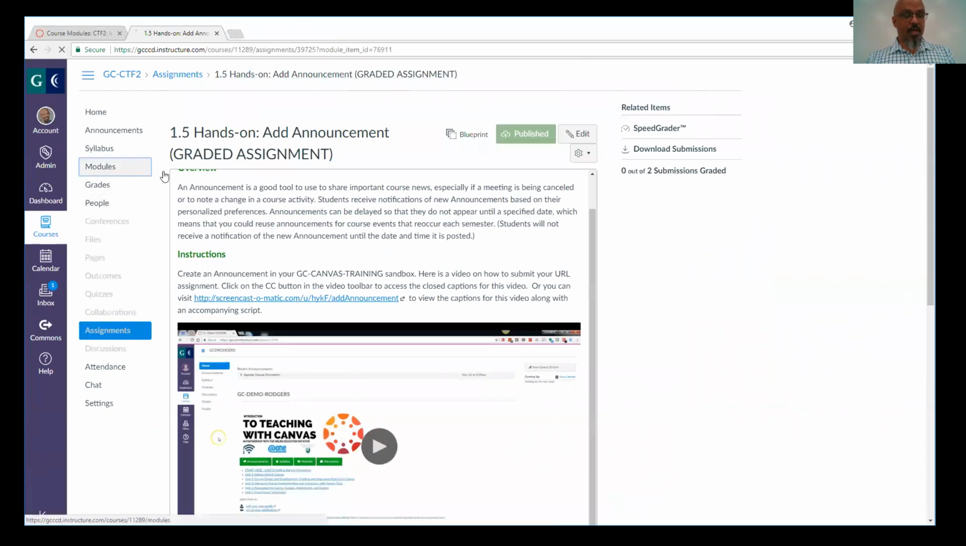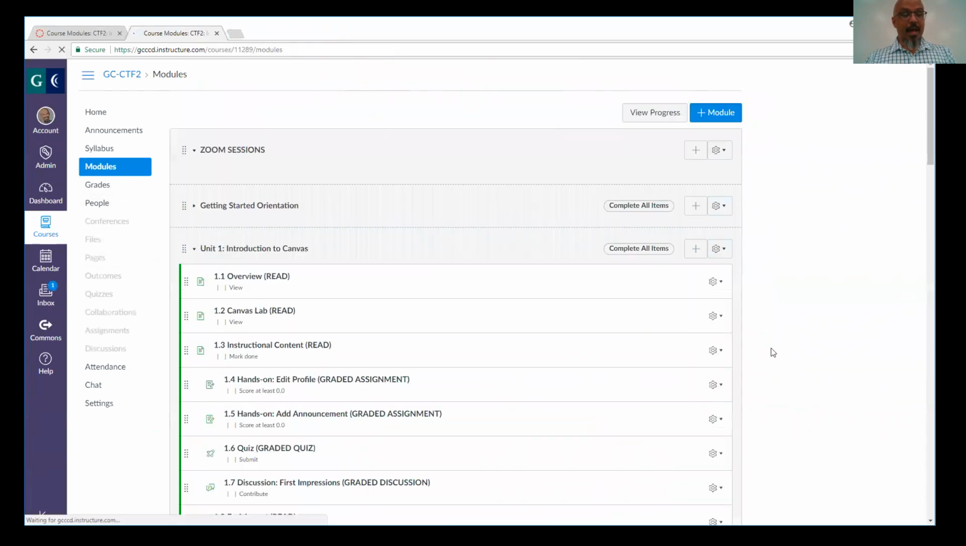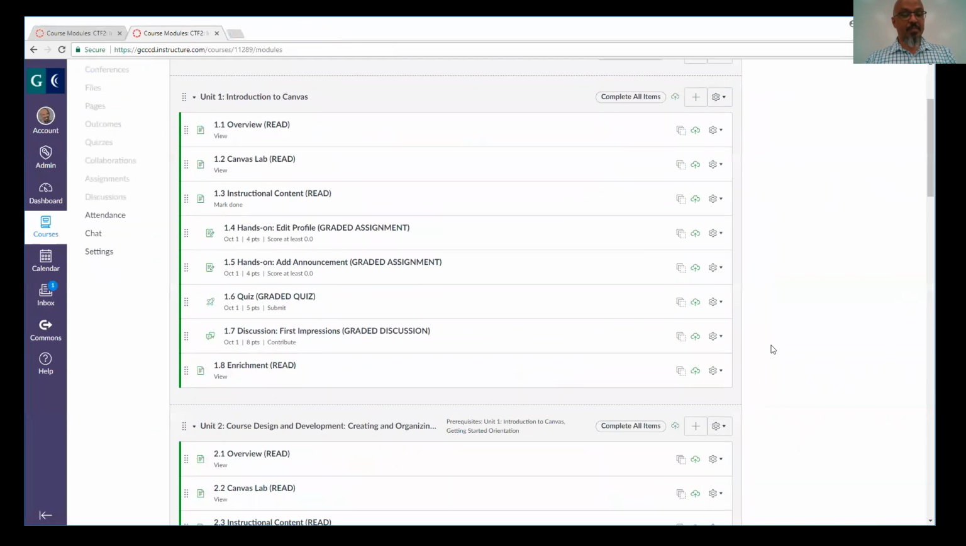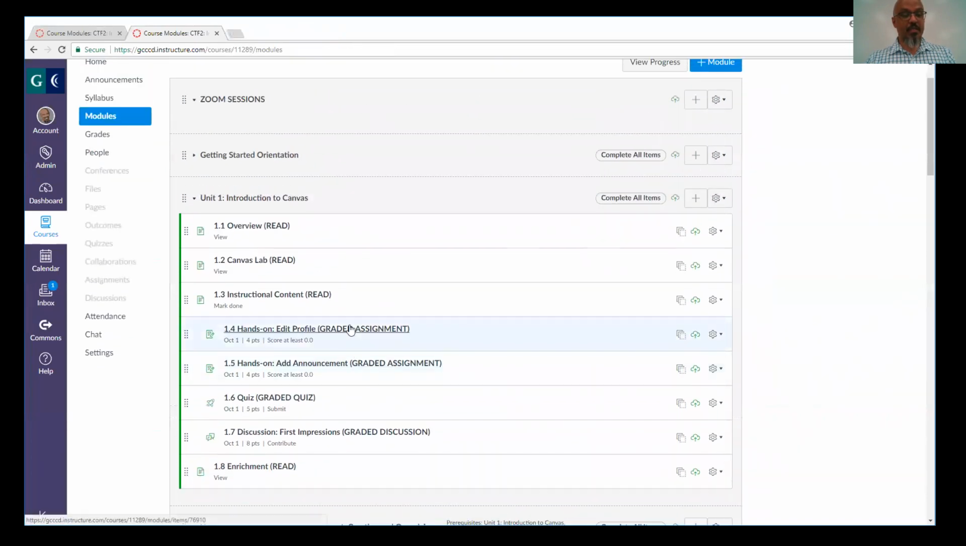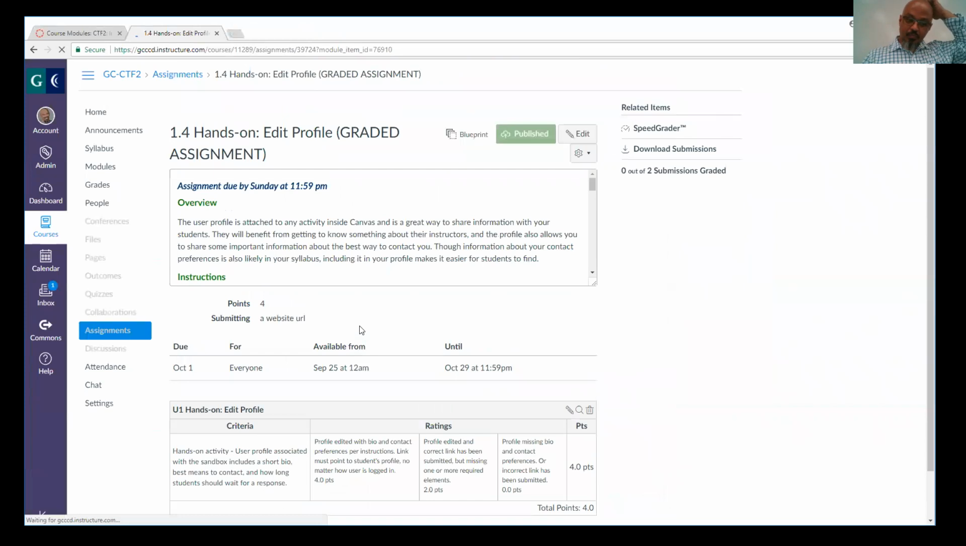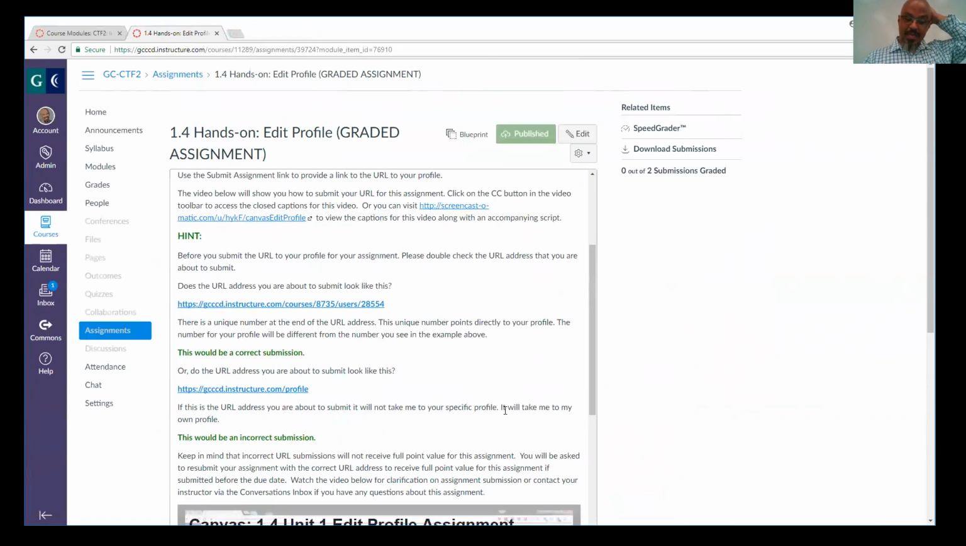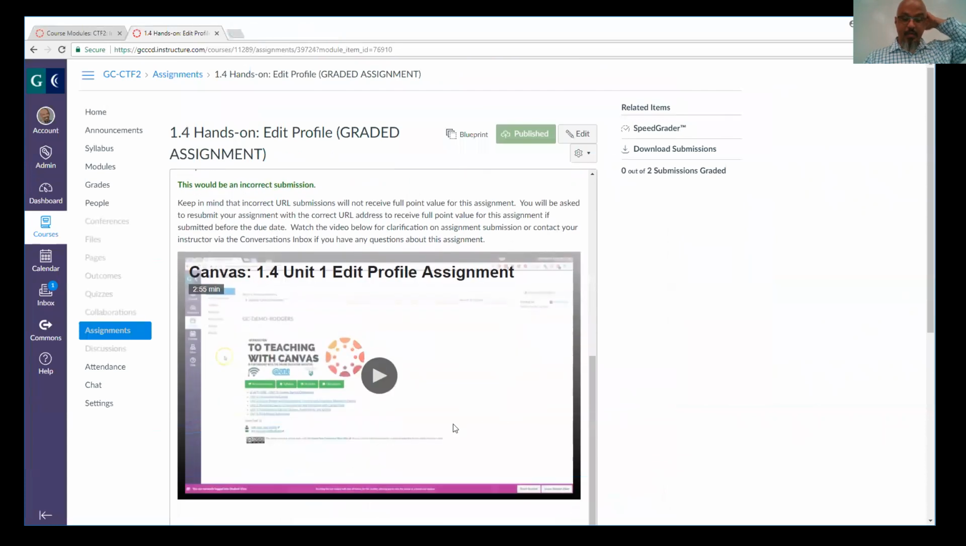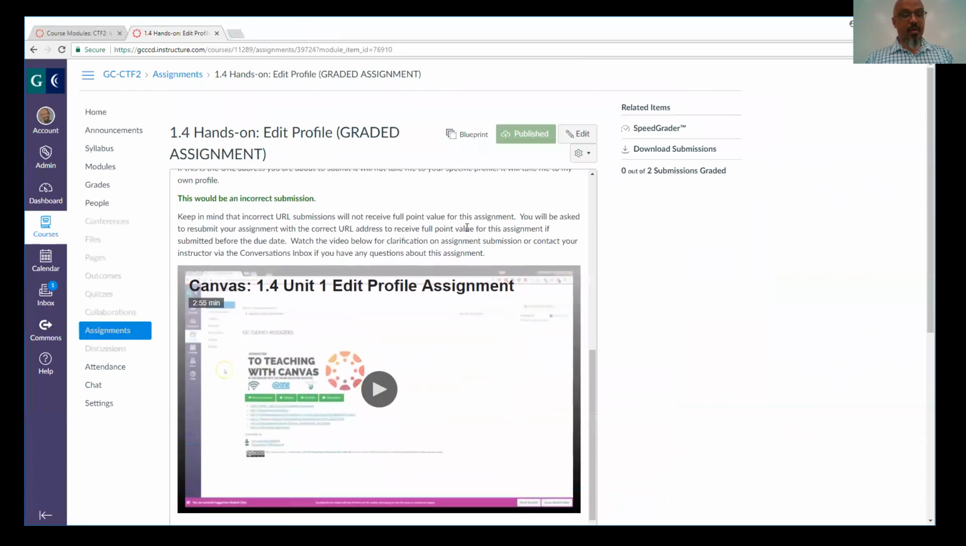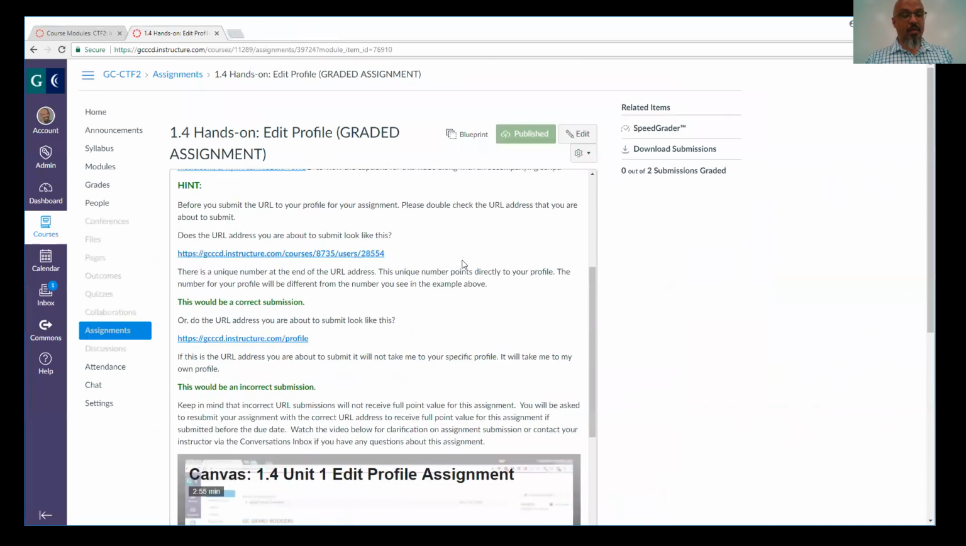Let me go back to modules real quick. For those, I don't know how many have submitted the profile assignment. So for the edit profile assignment, there is no video. However, there is an actual video here. I didn't think there was. There's a video here, and I want to make clear, because this is the one that always gets the incorrect